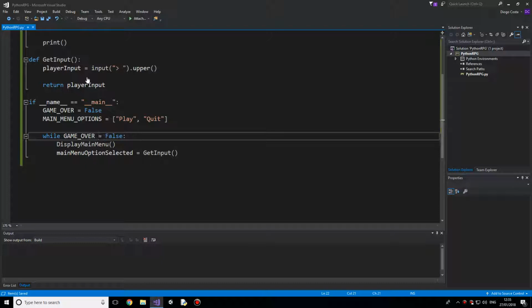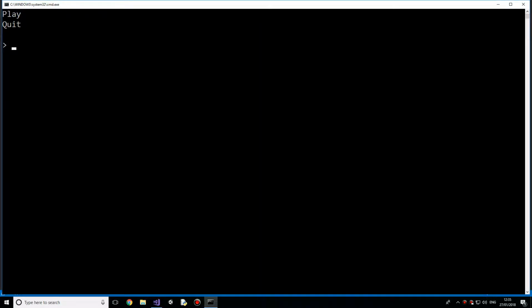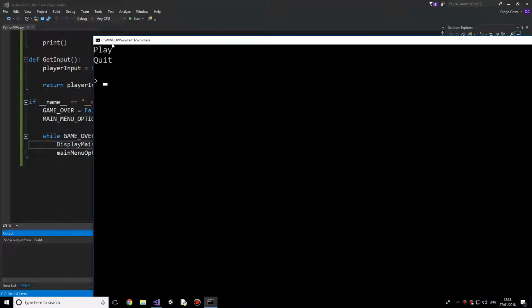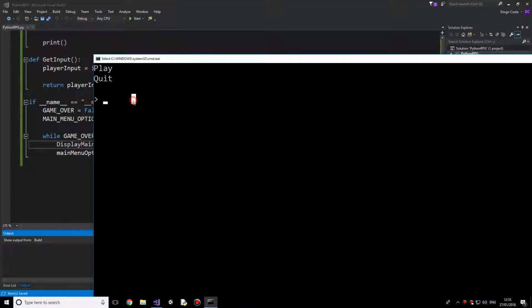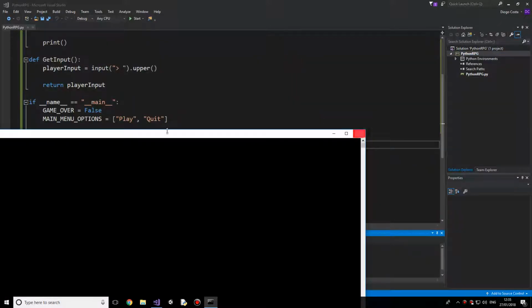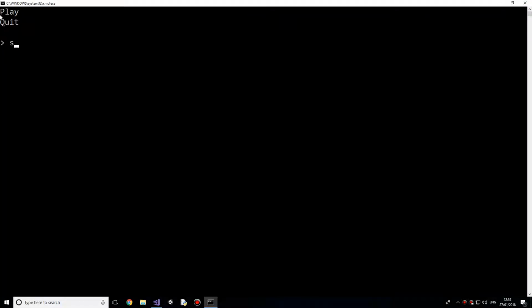Oh, well, it is equal to false. Oops, it's not equal to false. Why game over is equal to false. Then yeah, okay. So it just presents that playing quit. So that's a bit more interesting. It's very boring currently, so we need to